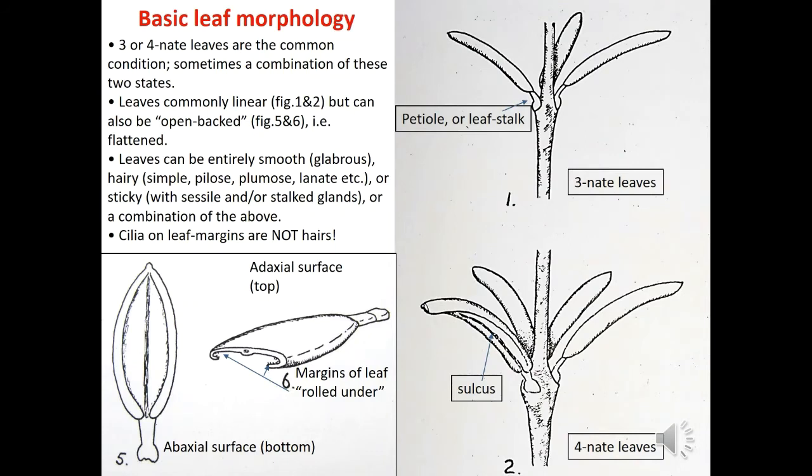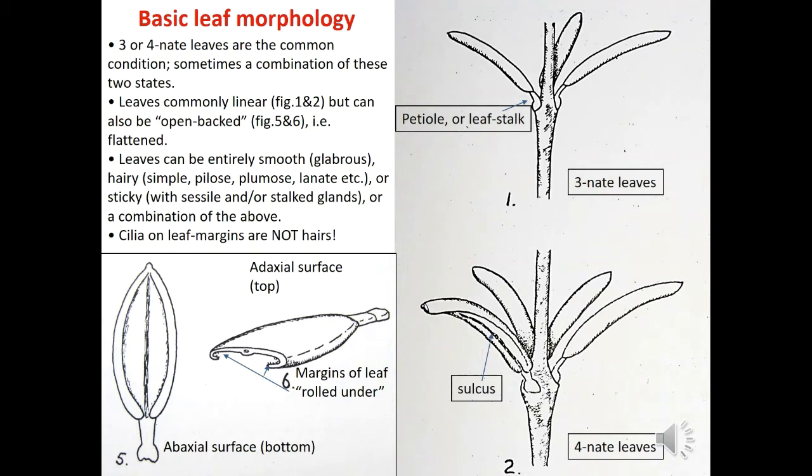And then another really important thing about the Ericaceae is that you have to notice whether they have 3-nate or 4-nate leaves, and that is just the arrangement of the leaves around the stem. So they either have 3 or they have 4 together, and this is really important for identification. Sometimes it's not easy to work out, but you have to try and just notice whether you have 3-nate or